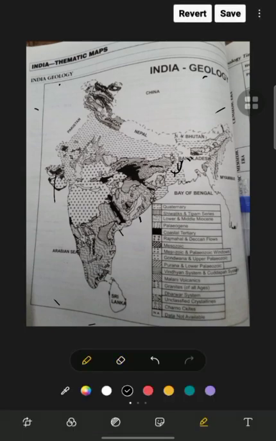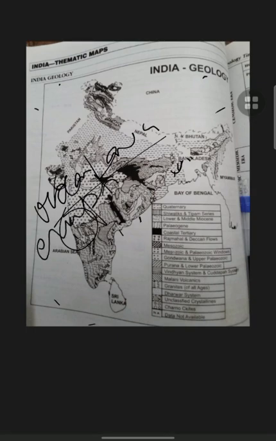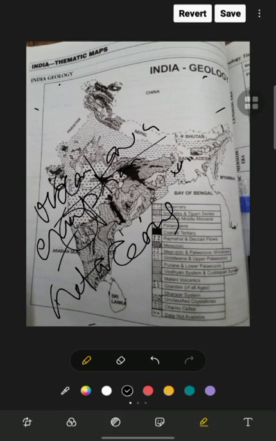Now the next one is the Cretaceous. The Cretaceous is the extensive eruption of basalt leading to the formation of the Deccan lava plateau. Here is the extensive eruption, and that area is known as the Cretaceous. Now the upper Carboniferous or Permian era. This is the deposition in three great graben-like basins, Mahanadi, Damodar and Godavari, known as the Gondwana deposits, and that is the Carboniferous or Permian era in this area.